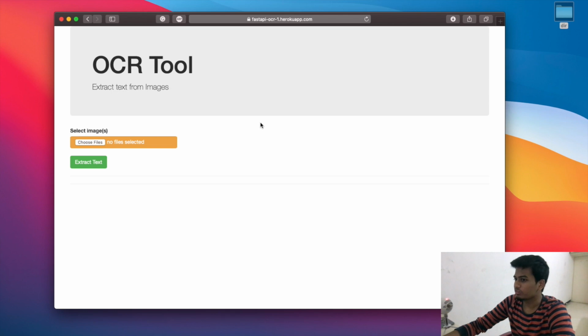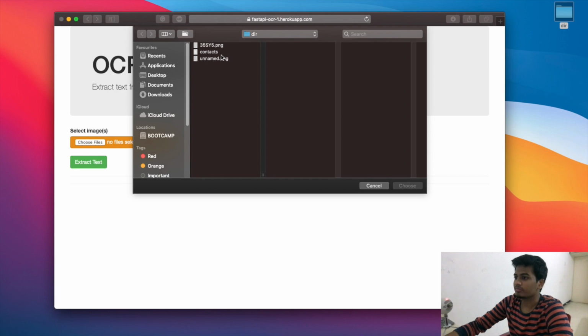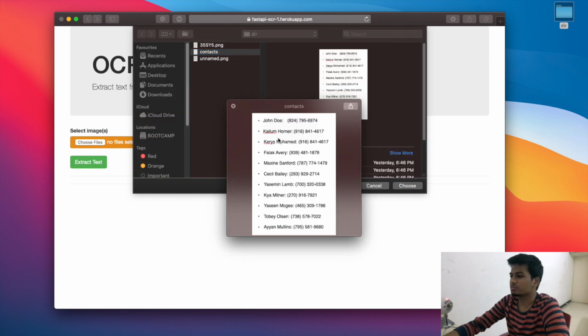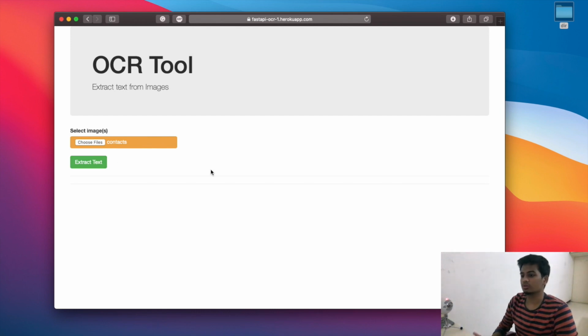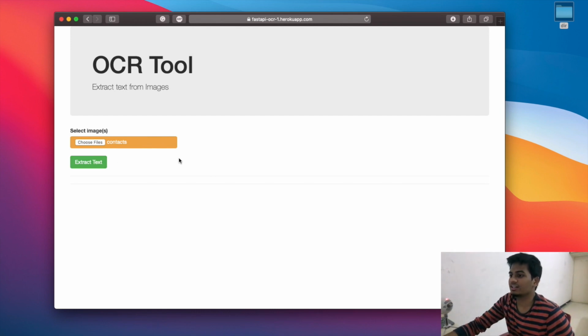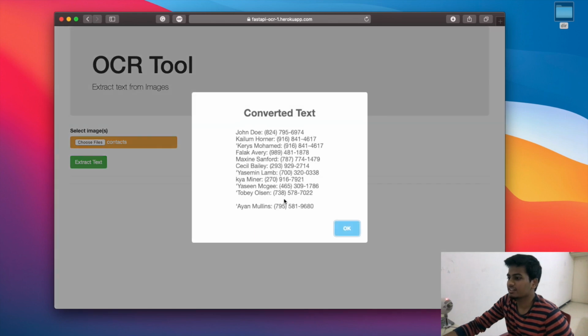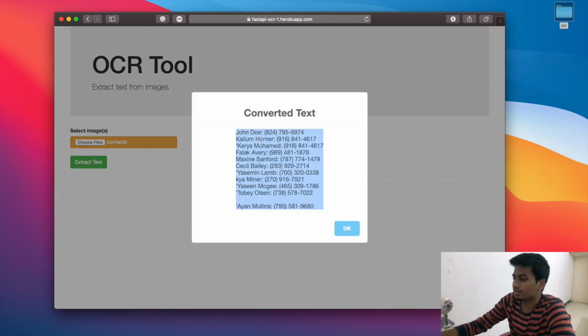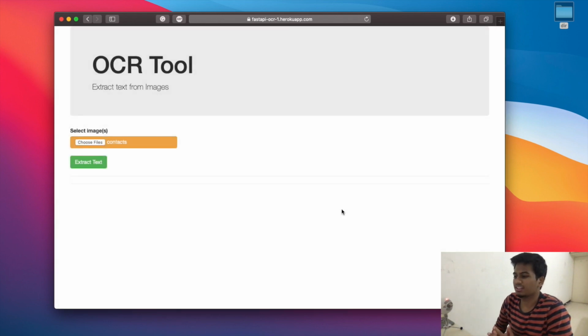And this is a small tool which I made. It's deployed on Heroku. And just to demonstrate what I mean, right? Say if I have an image over here. So this is an image which just contains names of people, and that's where you can use something like this. So I'll pass this image in to my tool, and within a few seconds, it should extract that text and send it to me. So now I can actually go ahead and copy this, plug it in somewhere else. I can maybe even connect this to another Python application which sends SMSs to all these people automatically. So yeah, that is what we are going to be doing today, and to do that we will be using Python like usual, and let's get started.